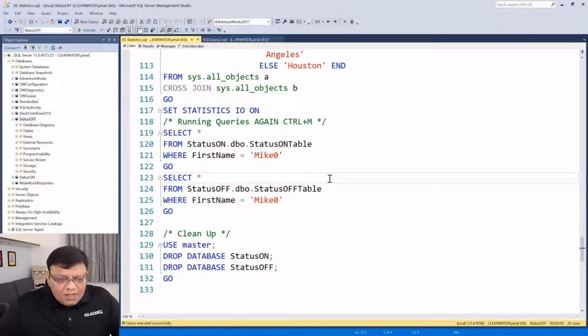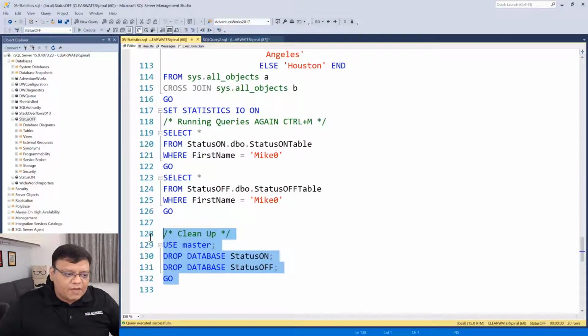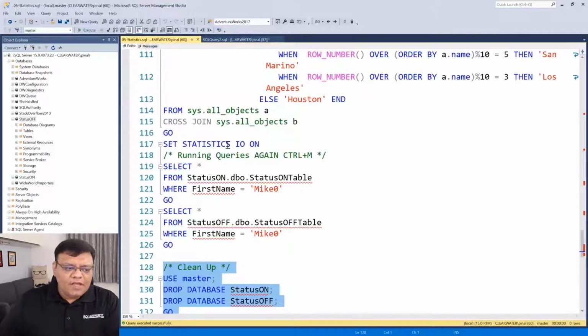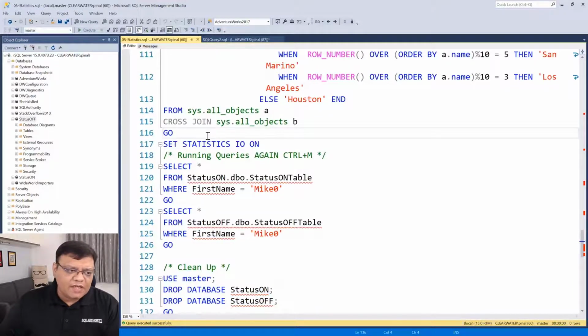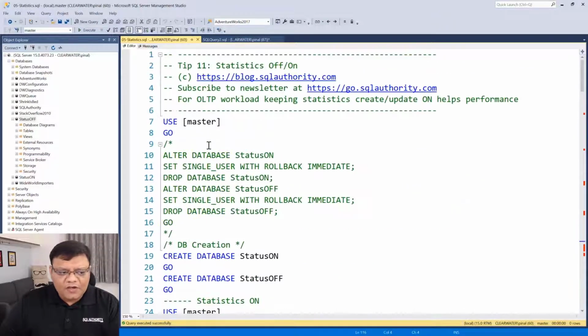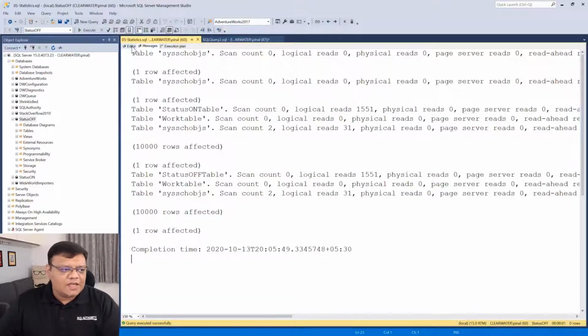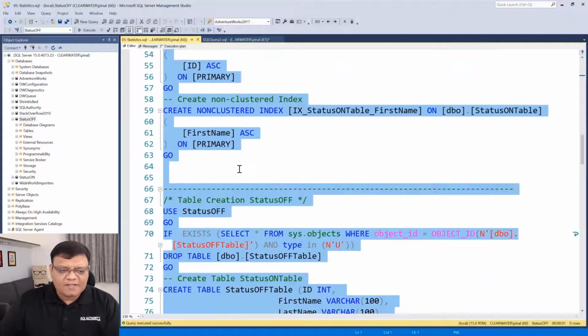But that's not the point which I wanted to emphasize. So let me answer a couple of questions which I came across, and then I will recreate this database and we'll see it. Question number one: we do the nightly update of our statistics. If we do that, do we still have to leave this setting on? Great question. Again, I want to tell you this in the simplest possible words.